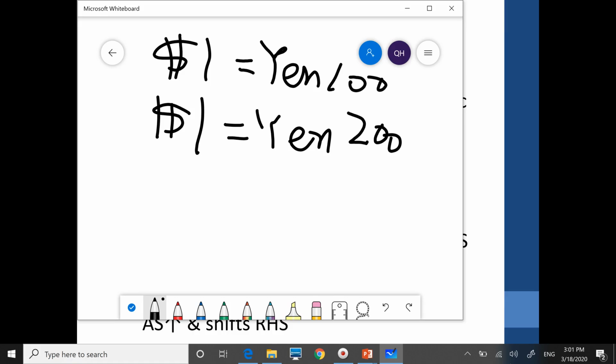How does that change our supply? It means $1 can purchase us more stuff in Japan. So for example, previously $1 can get us 100 yen of